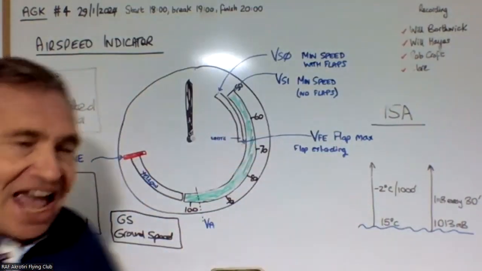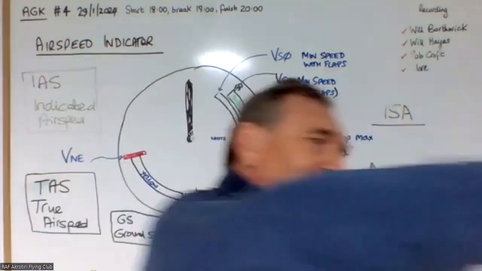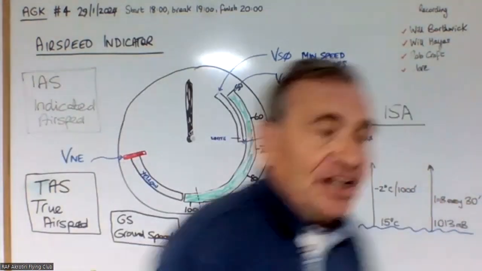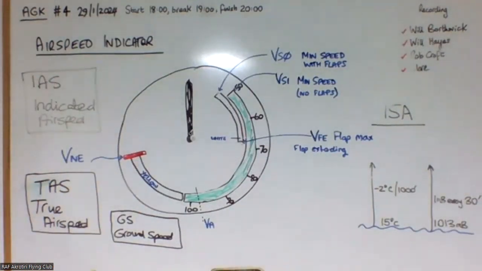In other words, the air that we're flying in is also moving over the Earth's surface, giving us IAS, TAS, and